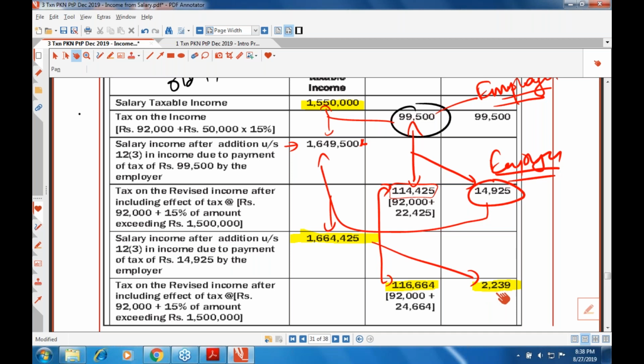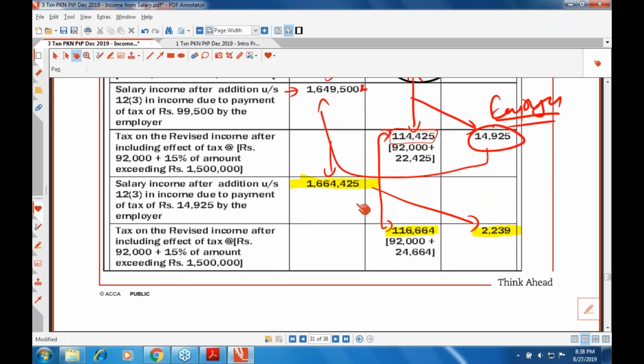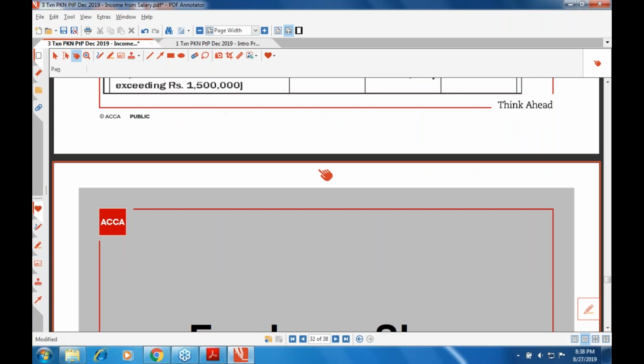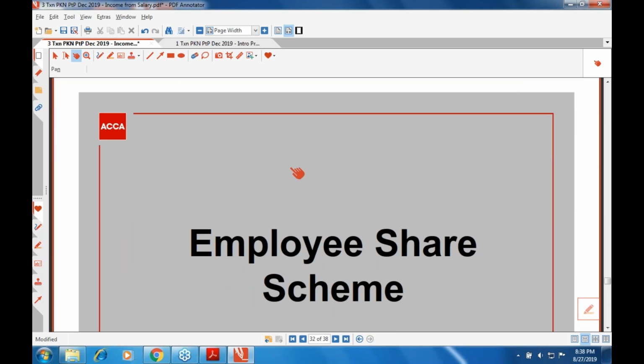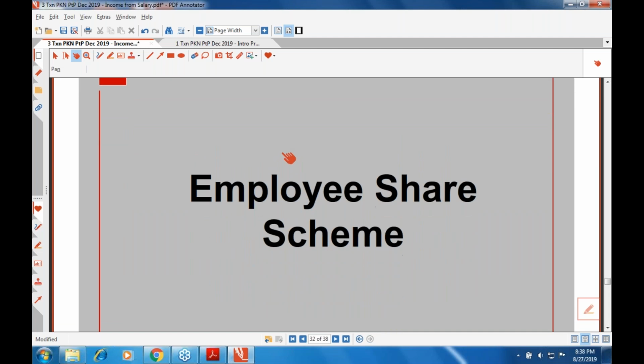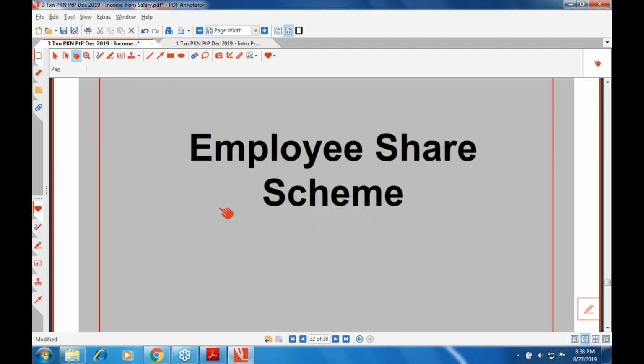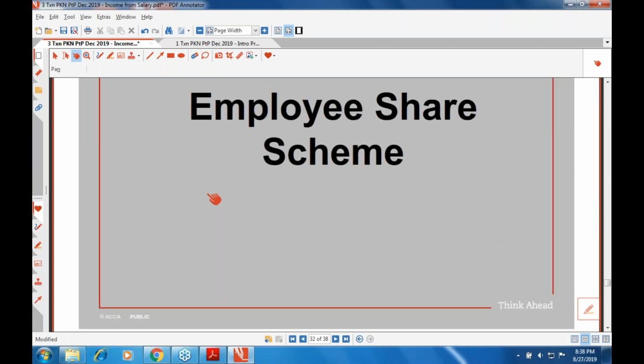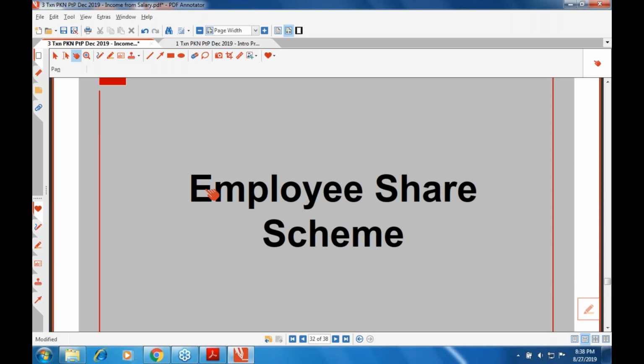Okay, perfect now. So basically we are done with this concept of tax on tax. Now let's move forward and start discussing another concept, which is called the employee share scheme. I'm going to give a brief introduction about what exactly this employee share scheme is. A lot of companies want to reward their employees, and in order to reward their employees,